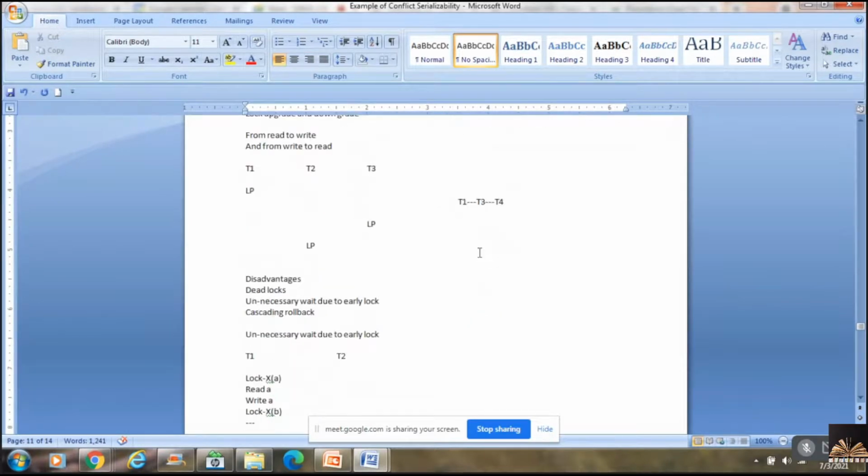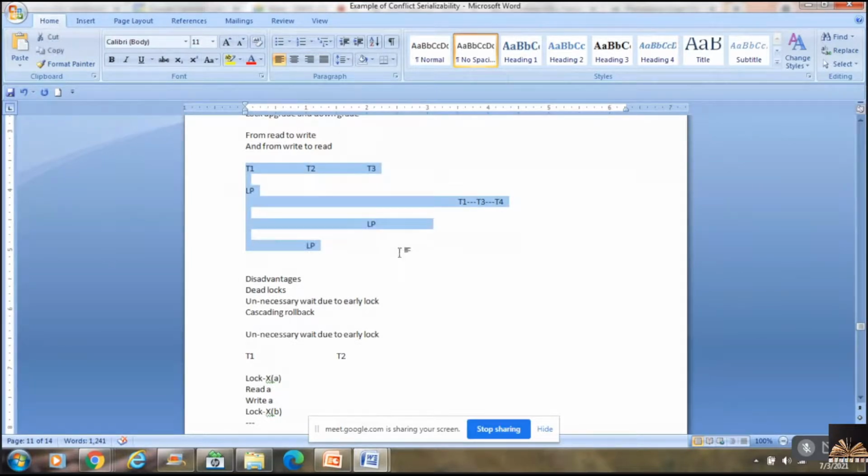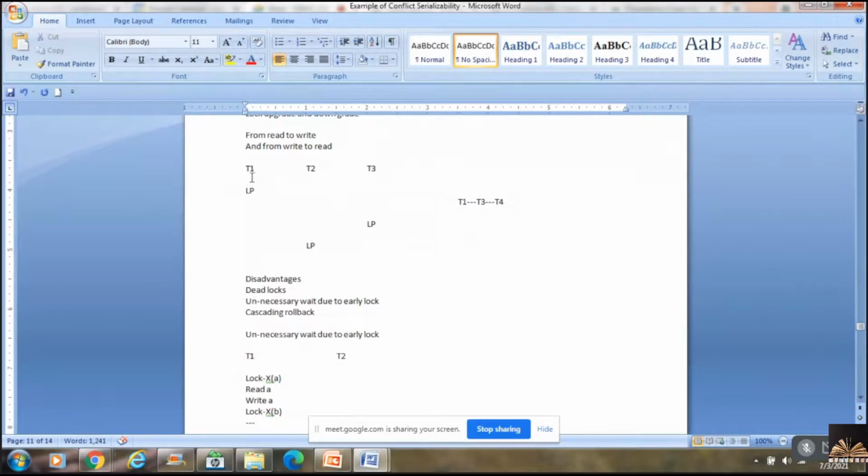Now just look at the small example. Transaction T1, T2, T3. Here I have acquired locks and I feel that T1 is satisfied with acquiring of locks. Hence it reaches a lock point. This is the concept of lock point. Now T2 is just trying to acquire locks until this particular point, and here this is the lock point. Then T3 is just working with acquiring locks, and once it finishes acquiring locks, you reach the lock point.